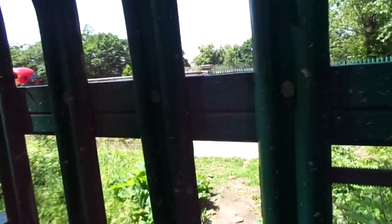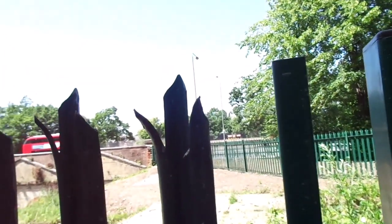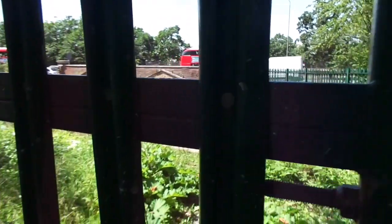So I found the subway, but we can't get in because the gate's locked. The gate is like the entrance. Is it? Shall we go over? My daughter says you can get in the other side. But you can see from here...